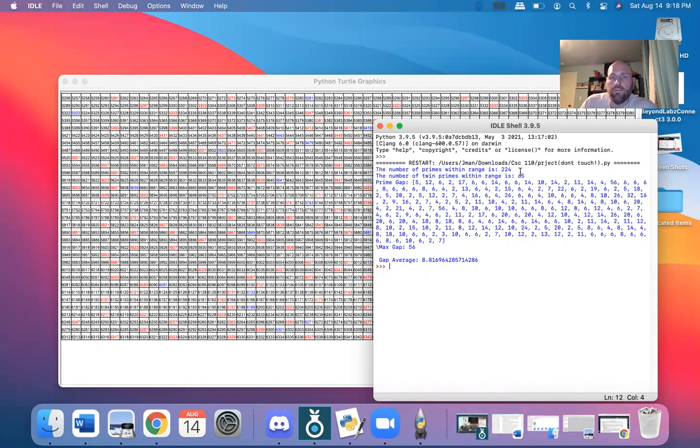Number of twin primes is 65. This is the prime gap numbers right here. Then I've got my maximum gap is 56. And my gap average is 8.81 and some change. So there's my project. It's not perfect, but